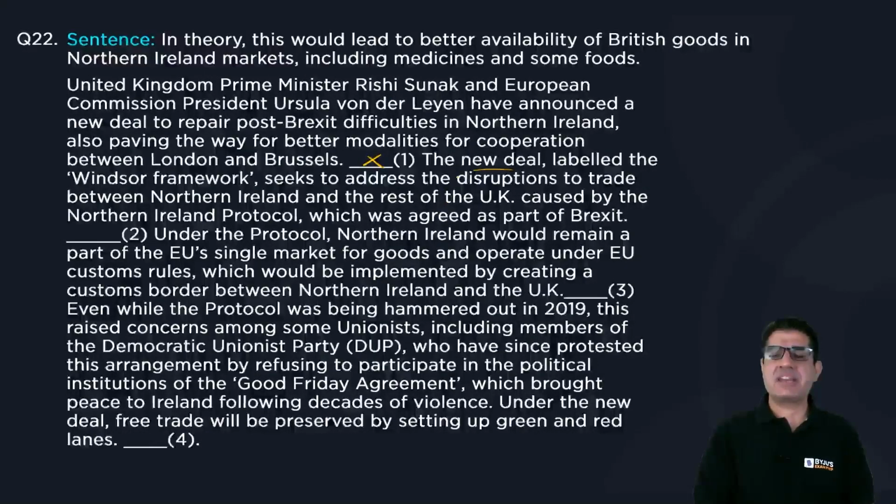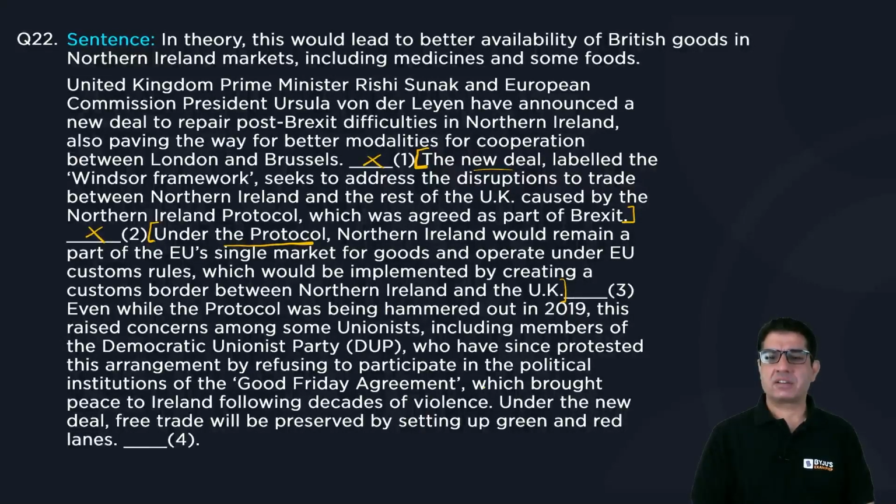Now if I look at the next two sentences, the sentence that is before the blank and the sentence that comes after the blank, read it carefully and you'd realize that these form a mandatory pair. Both of these give you an idea that must stay together. So you would not like to put anything at blank number 2. Now that leaves us with 3 and 4.